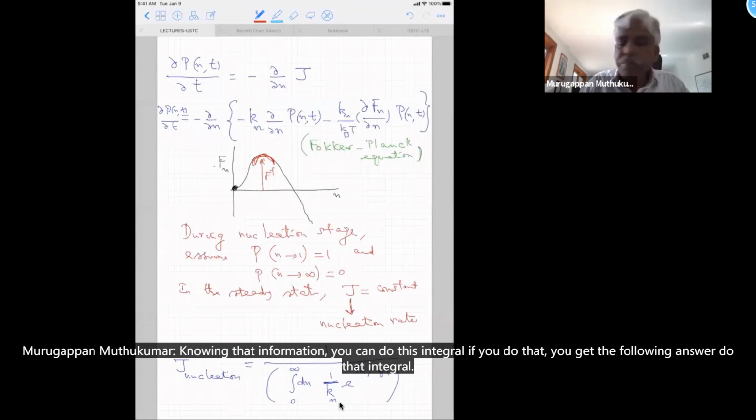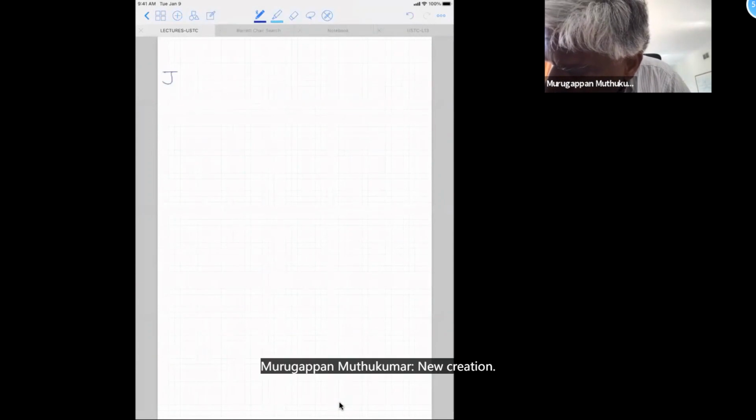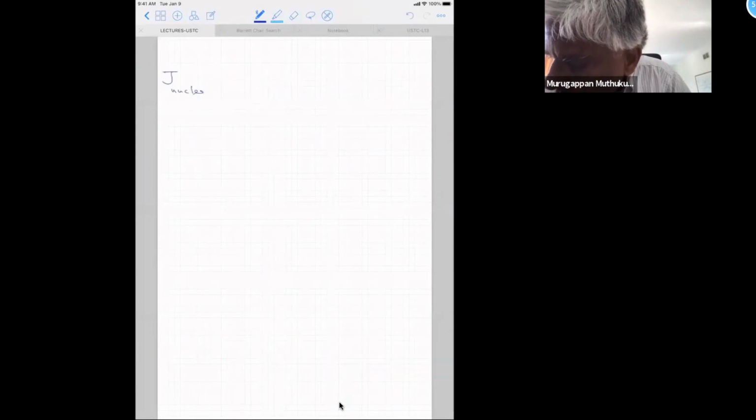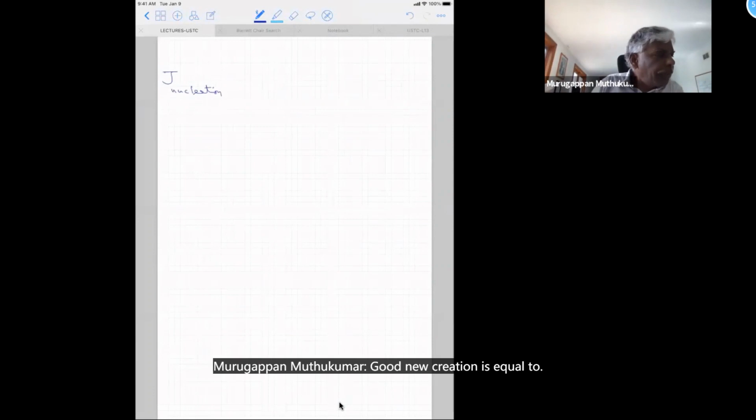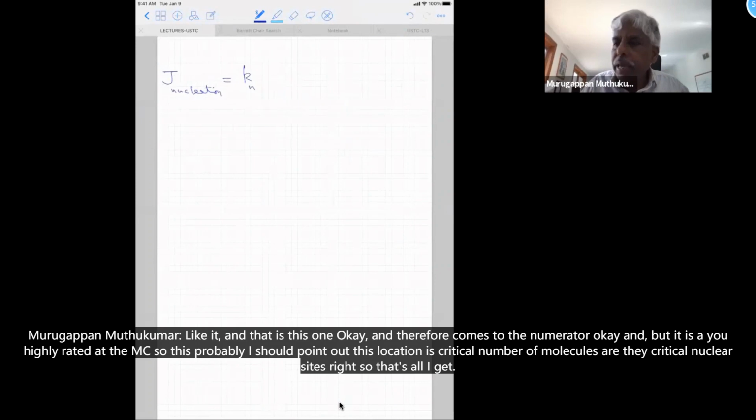If you do that, you get the following answer. The nucleation rate is equal to Kn, that is this 1 over K